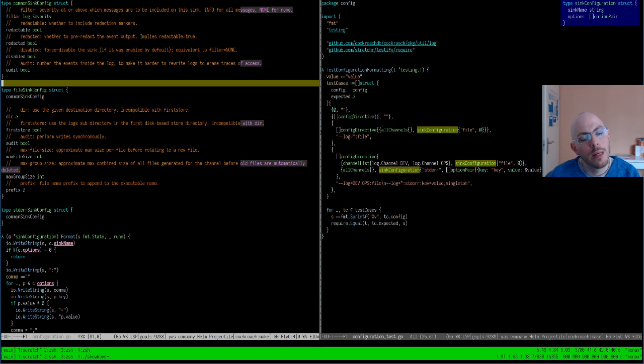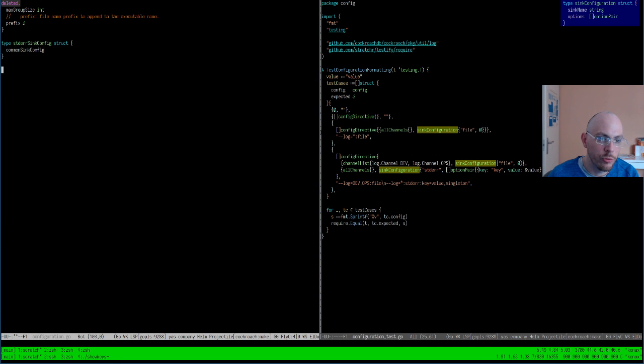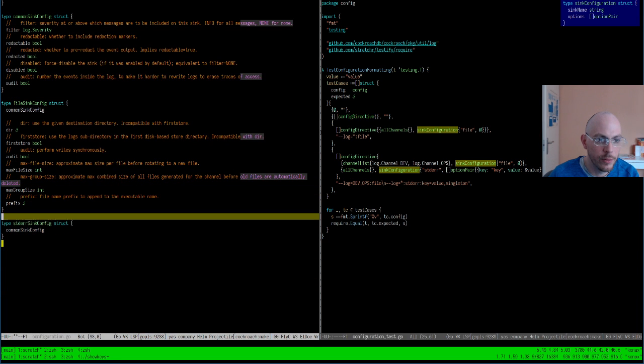So here I could do a thing with a manual printout. So I could say, so I'm going to, well, first of all, I'm going to implement the names of those things. So file sync config has a name.